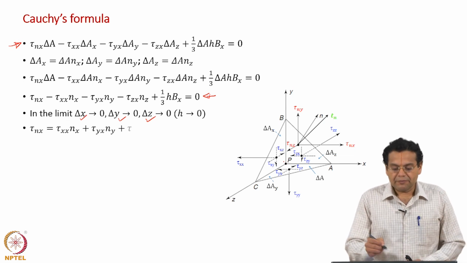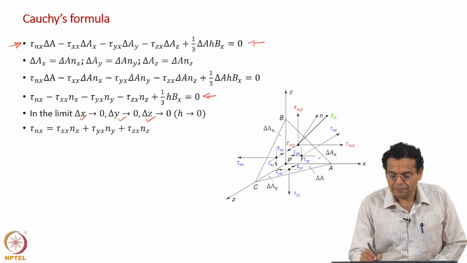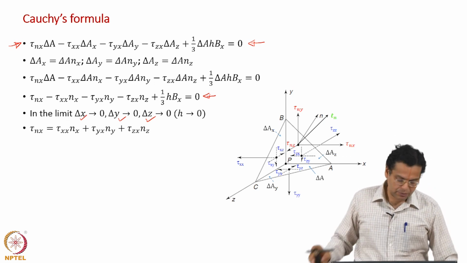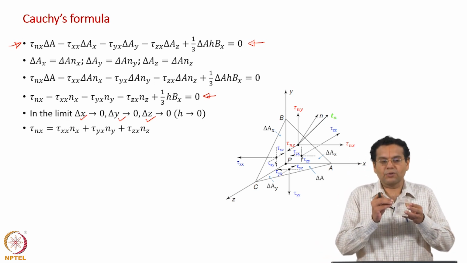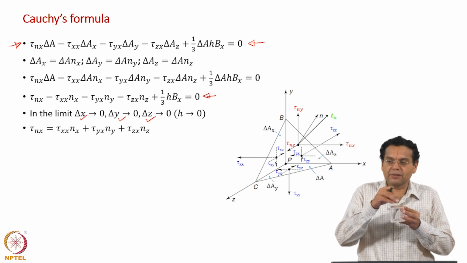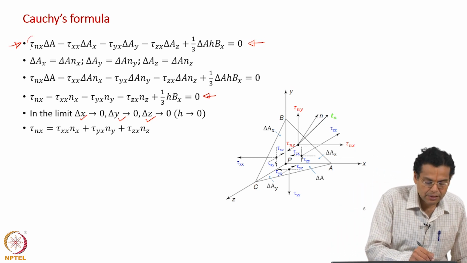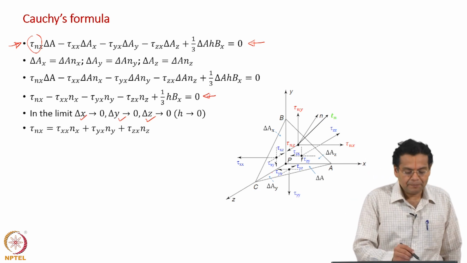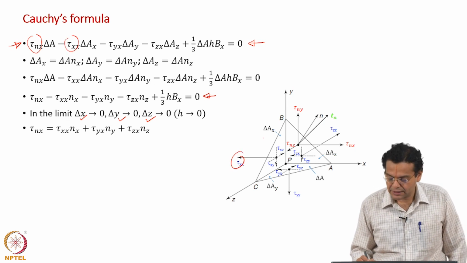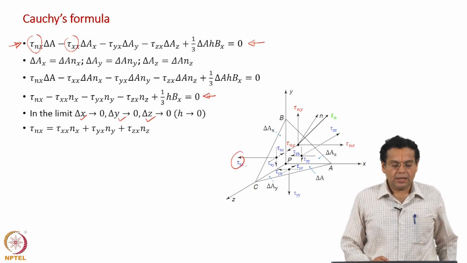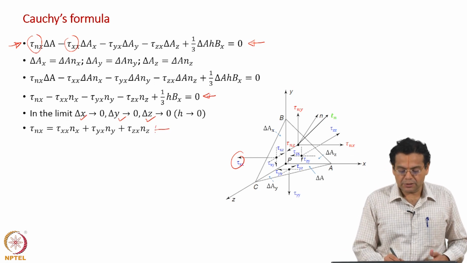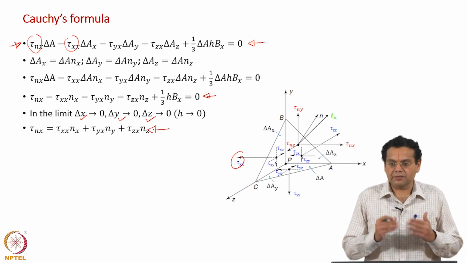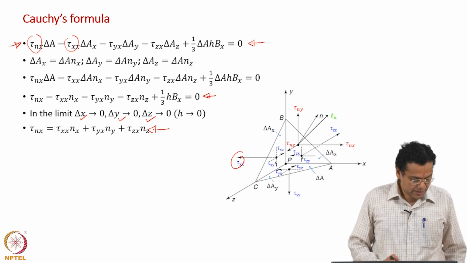Which means that when we wrote this expression, though I did not tell you, they are just average values, exactly analogous to what we do for control volume. Remember, when we took this phase, we said rho Vx is an average value, rho is an average value inside. Similarly, when I write tau nx, it is an average over the arbitrary plane. When I write tau xx, it is an average over this area whose normal is the x axis. When we take the limit, they become point values. So, conceptually they are the same as what we had done earlier. The objective is to get a relationship which is valid at every point inside the solid object, okay. Fine.